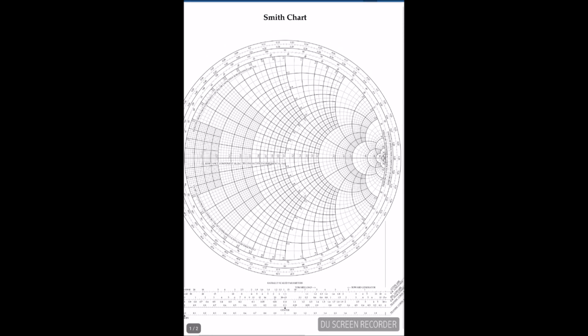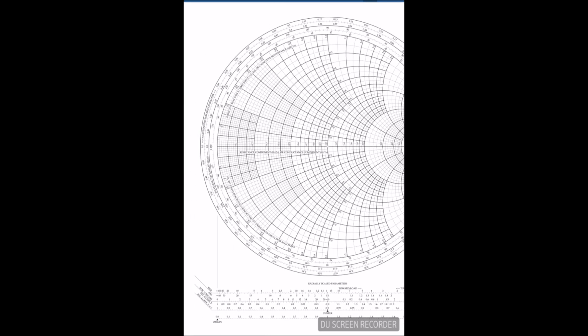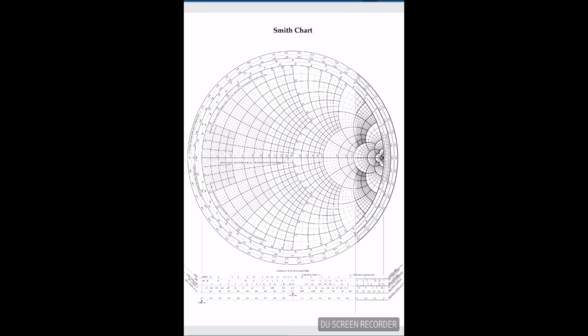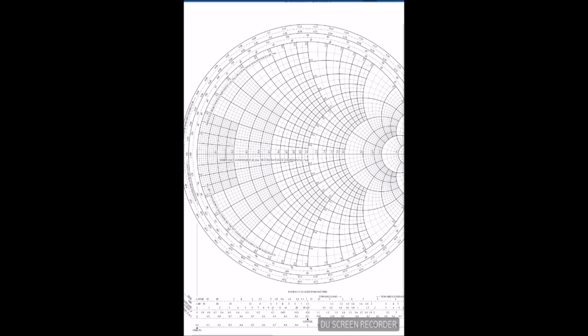So this is basically the Smith chart, and you can see that this is a construction of two circles. One is the R circle and the other is the reactance circles. Already you know the basic construction of the Smith chart. So quickly, if you see this circle from left to right,